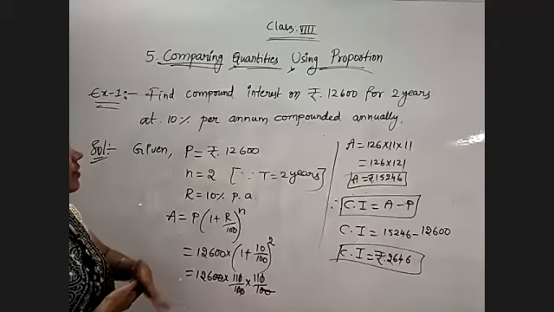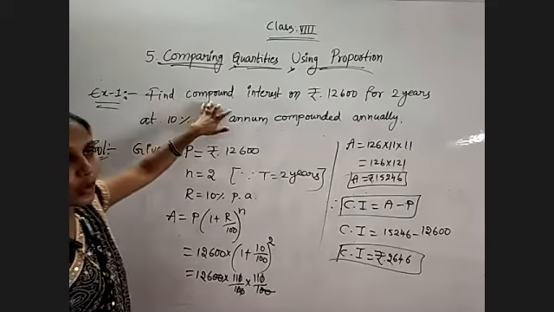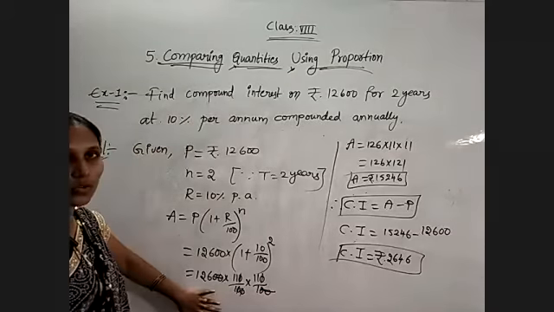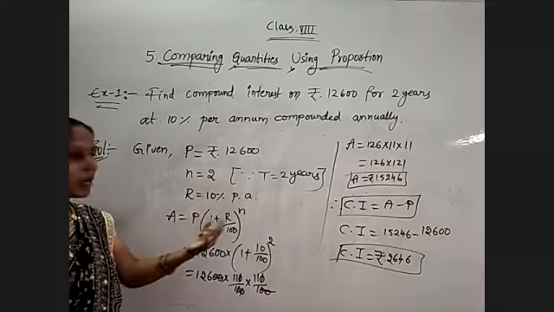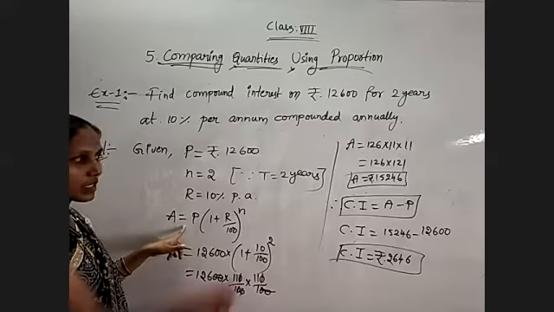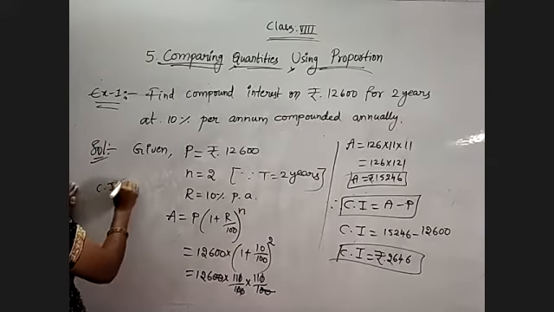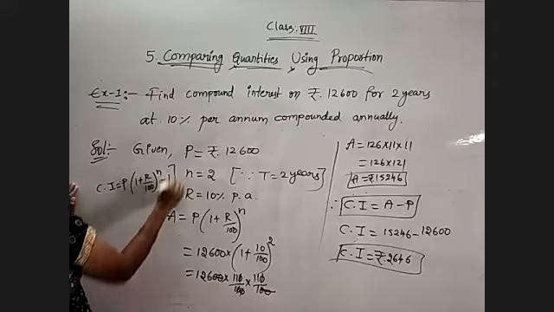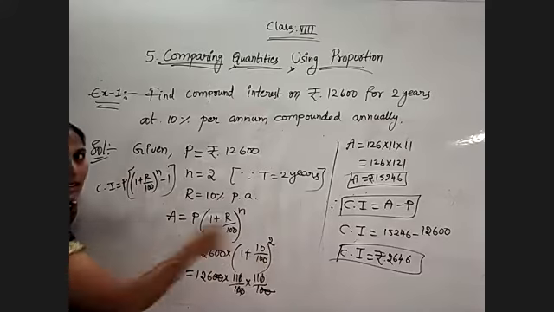So like this we must find, and observe the question carefully. Are they asking for compound interest or to find the amount? Whenever they ask for compound interest, find the amount first, then go for compound interest. Otherwise use the compound interest formula in terms of principal and rate of interest. The compound interest formula directly is P into 1 plus R by 100 whole to the power of n minus 1. If you use this formula directly, you will also get the same result.